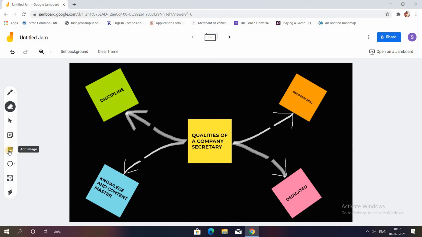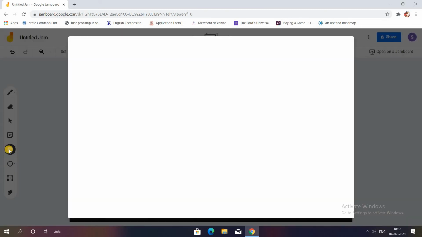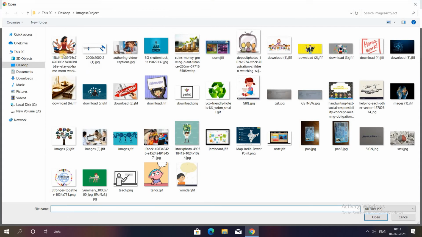Then in case you want to insert any image, click on add image. Then you have various options, whether you want to paste any URL, click a photo on the spot using your camera, or Google search any image, or upload an image from your Google Drive. For now, I'll just upload it from my files in my computer. So I'll just click on the first image or maybe any other relevant image which I can find. I'll just click on this one for now,